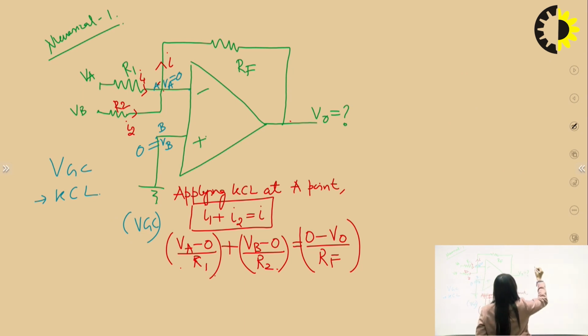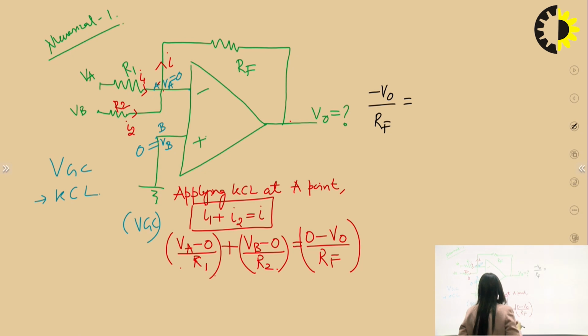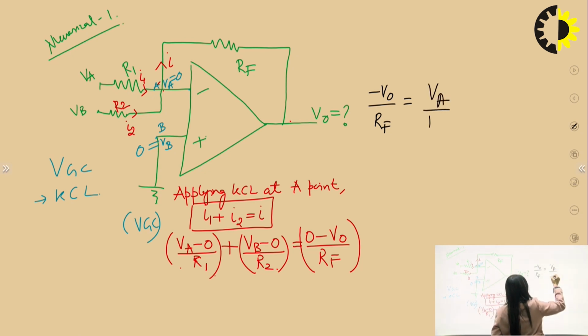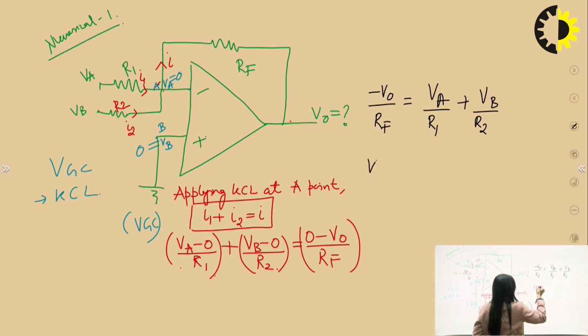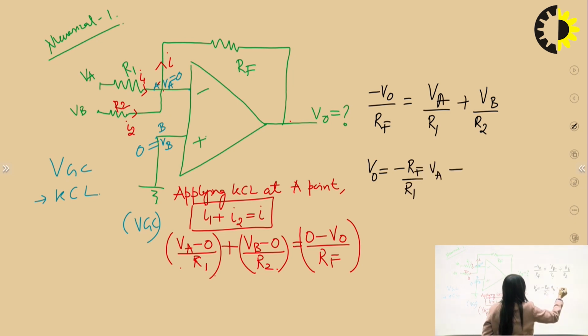So minus VO upon RF is equal to VA upon R1 plus VB upon R2, or if I calculate for VO, that is equal to minus RF upon R1 into VA minus